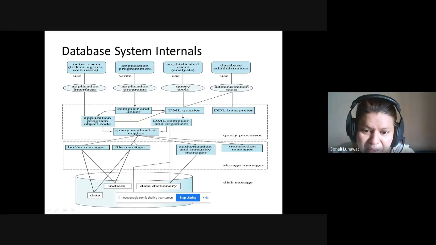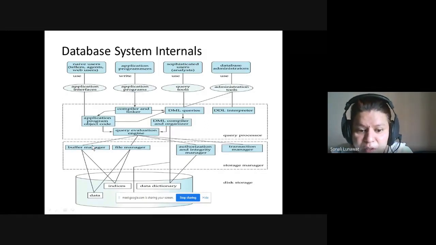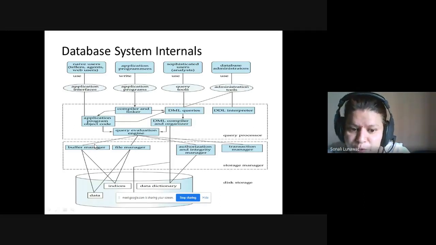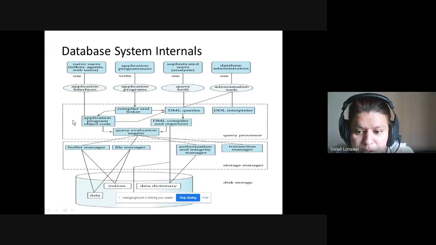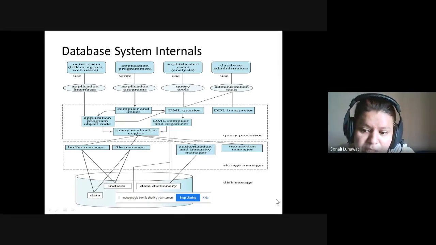Then next comes the file manager. In which file is the data stored, do the files have some kind of indexes? All these things are done by the file manager. And the buffer manager is nothing but, at the time of processing, we take that data into a buffer area for execution. Again, if you change something, it has to be reverted back or stored into the database. This is how the storage manager works. Then comes the actual disk storage, where the data actually resides.